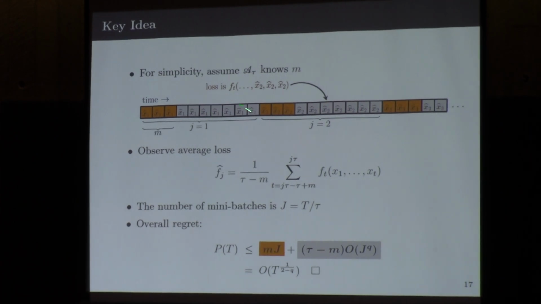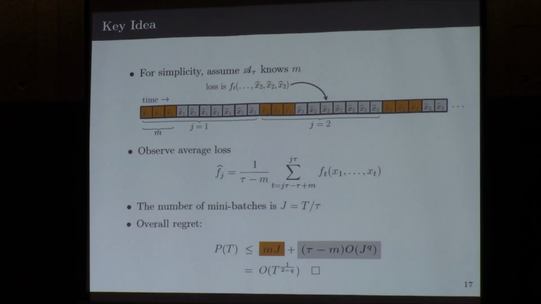And for the remaining rounds, we have this regret. So the adversary is not reacting to actions now. We think of this as an oblivious adversary, and we have a bound against an oblivious adversary on standard regret. So these are tau minus M rounds, and for each of them, think of this as one round, and we have a regret bound of O to the power JQ. And then all that remains is how to pick tau so that we minimize this, and that's what suggested the choice of tau earlier.